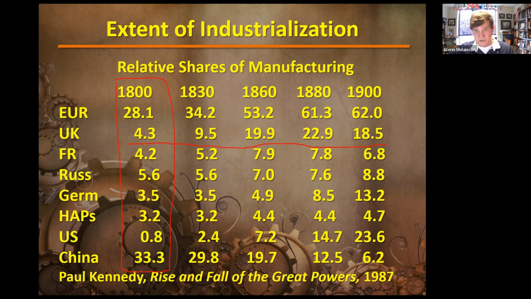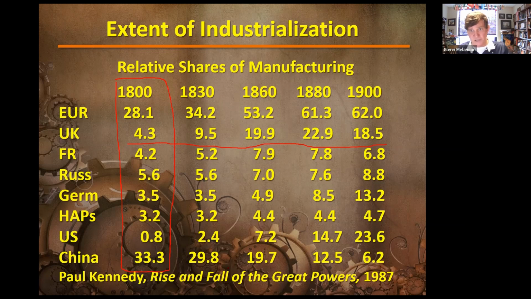This eventually then changes the balance of power in Europe and in the world, where the British and the Americans become dominant forces in the late 19th, early 20th century, and then fast forward into the 20th century, and the United States becomes one of the dominant superpowers in the 20th century. The Soviets, dominant superpower in the 20th century. What does that? Adopting industrialization.